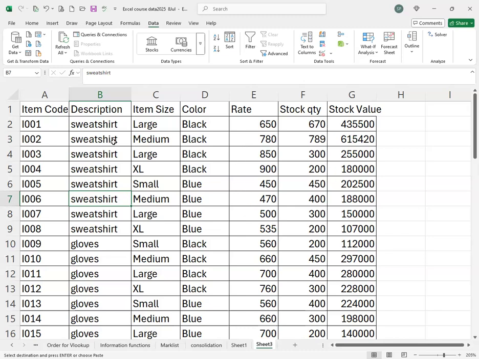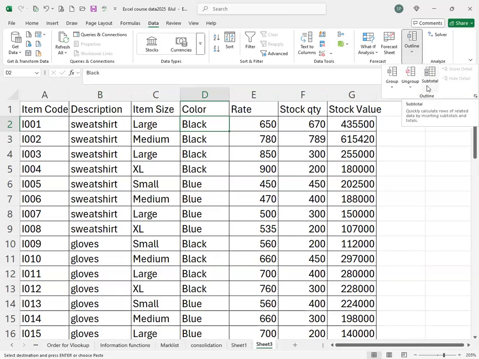Now for that, you have to decide which totals you want. So for example, I wanted the totals of say colors. Okay, color wise total I want, right? So now when you are finding a subtotal, which is there under Data, extreme right, under Outline, Subtotal. This is where you get that subtotal feature, right? Before you run subtotal, you should always sort the data,